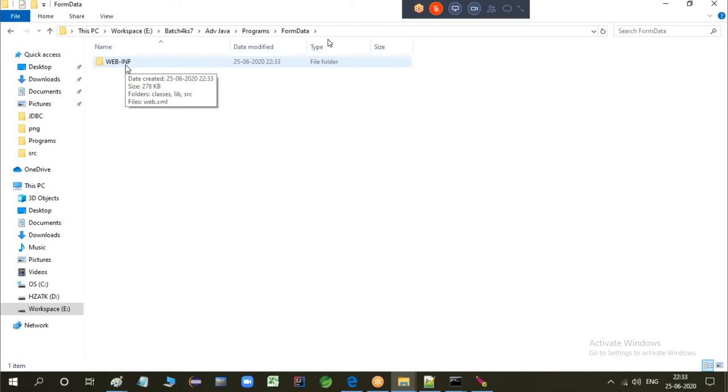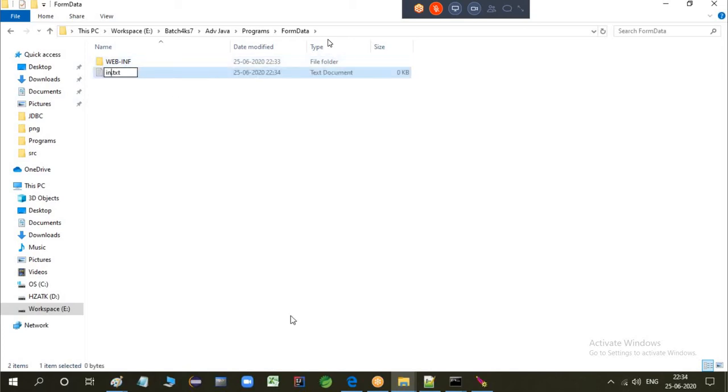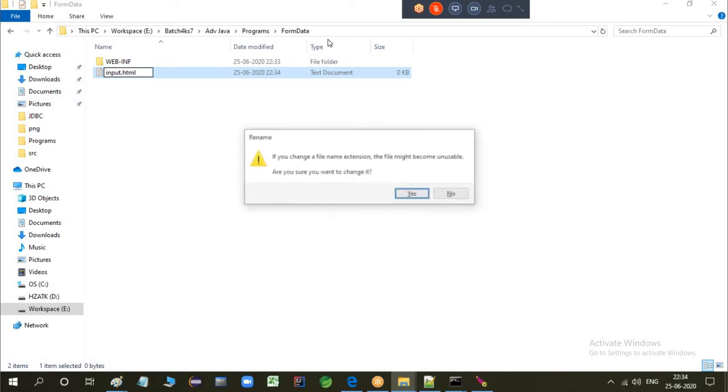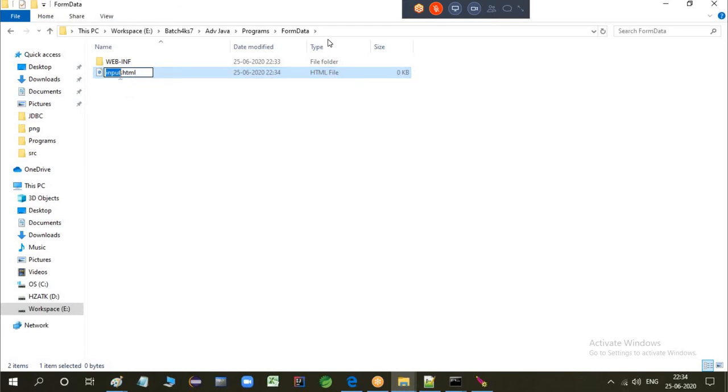Web resources, HTML, CSS, JavaScript files should be outside the WEB-INF folder because the client is sending the request. Client cannot see inside WEB-INF. So I have to create HTML pages outside WEB-INF. To create an HTML page, okay, I'm just naming it input.html.